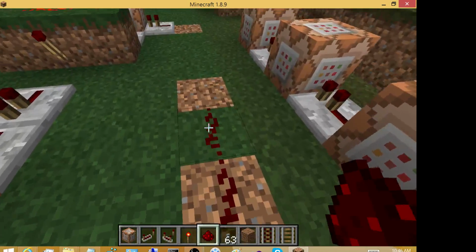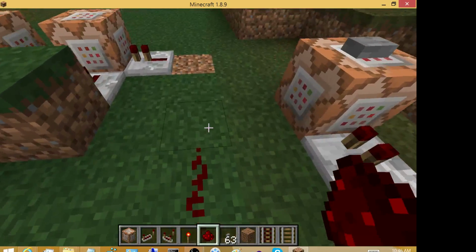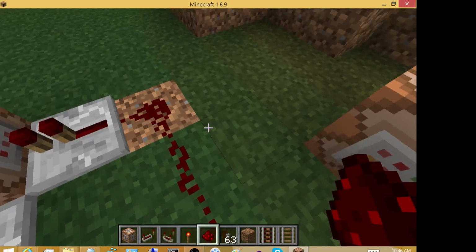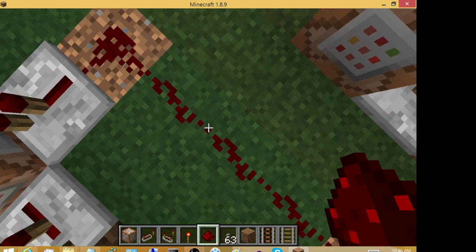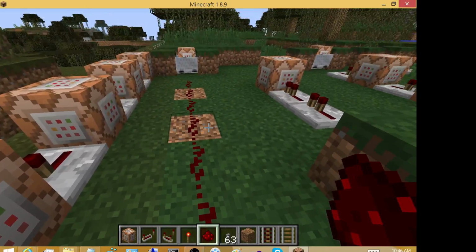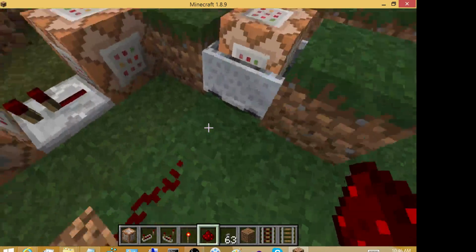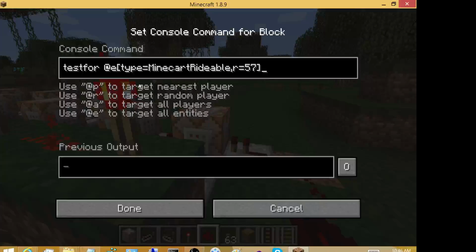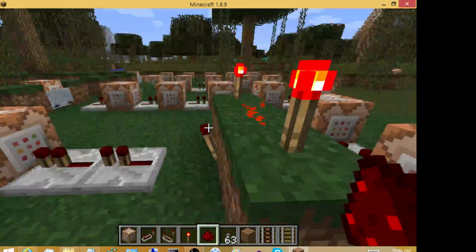Redstone, 1, 2, 3, 4, 5, 6, 7, 8 dots of redstone should get us from our beginning of the loop to the location where we do our test for the location of the minecart. As you'll notice, we're going to send it a little bit further,